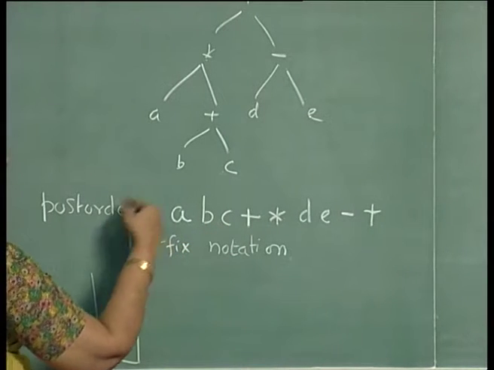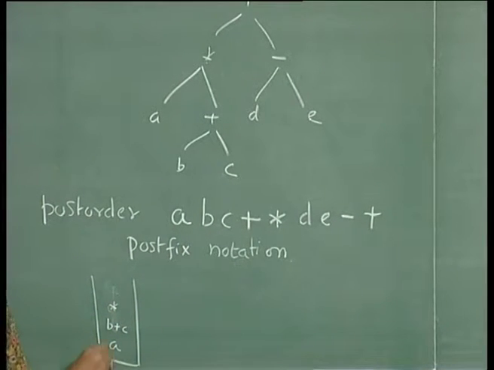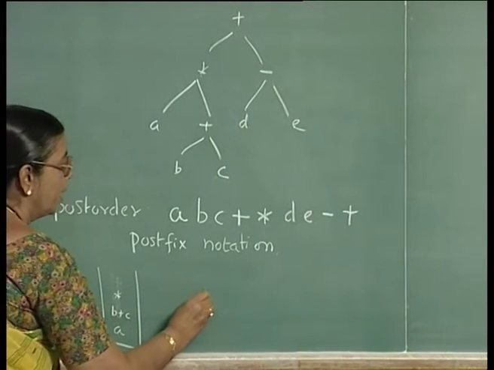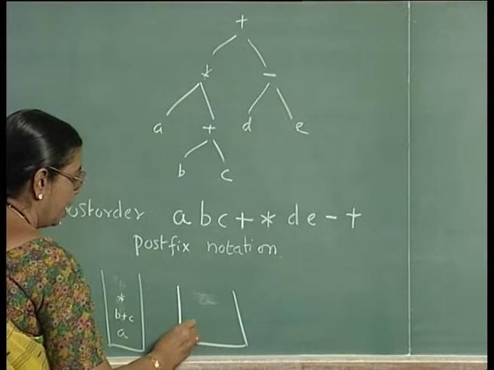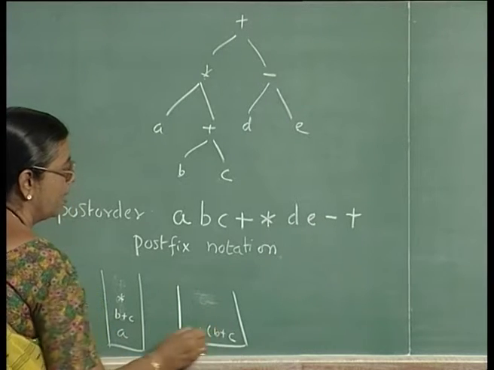Then the next operator is transferred and it operates on these two. So, you get A star B plus C in the stack,